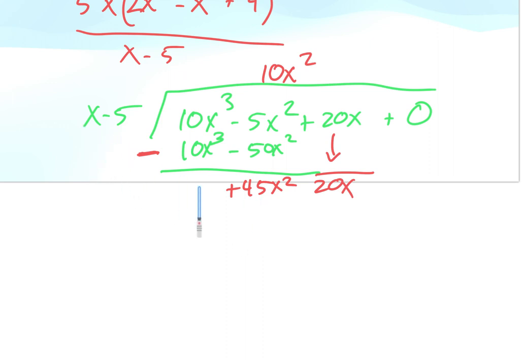Now I need x times something that will be 45x squared. So up here I will have positive 45x. So a positive 45x times x is 45x squared. Positive 45 times negative 5 will be negative, and 45 times 5,